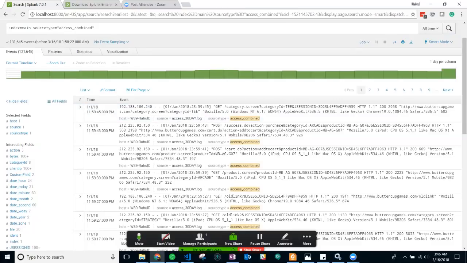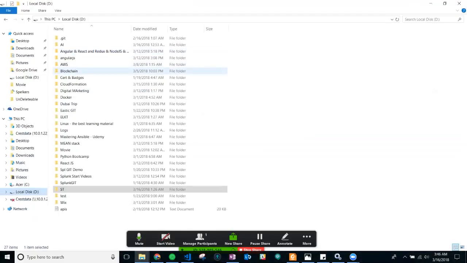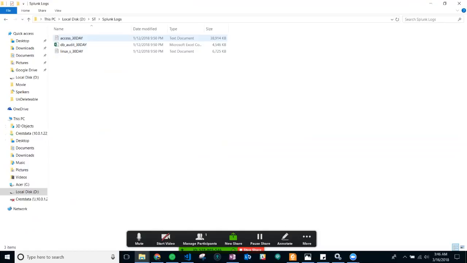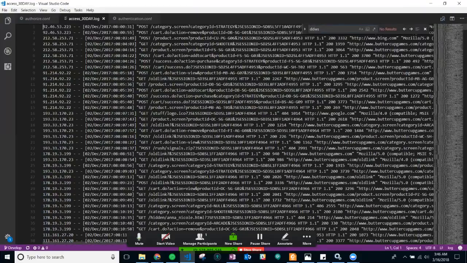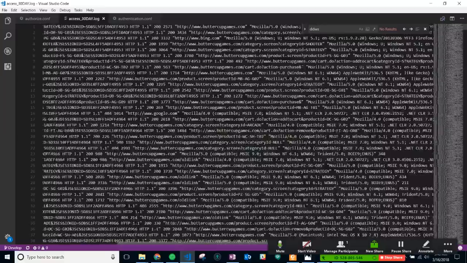So these are logs from one of our e-commerce servers, and I will show you what kind of logs they were. Splunk logs, access combined, open with code. Yeah, so as you can see, when I fed these logs to my Splunk,